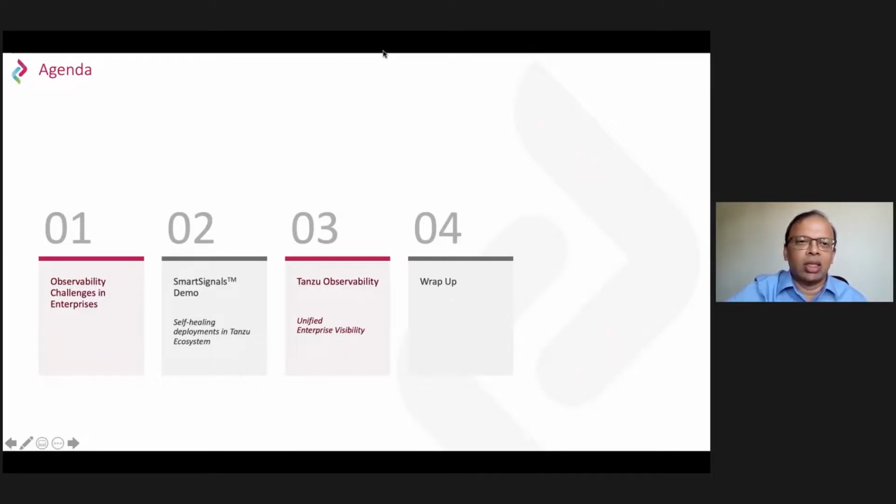I'll set the stage so that the next thing that we will do is a demo of what we call a smart signals solution. And that will help you see how we address the three challenges I'll talk about in enterprise observability. As a part of that implementation, we also use and leverage products which do observability platforms and monitoring and open standards. Tanzu Observability is one of those products, and Olivier will help us understand a little more about how that product supports the lessons that we have learned and the solutions we have built from that. So if we go to the next one there.